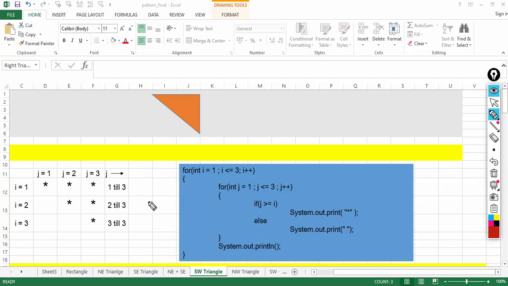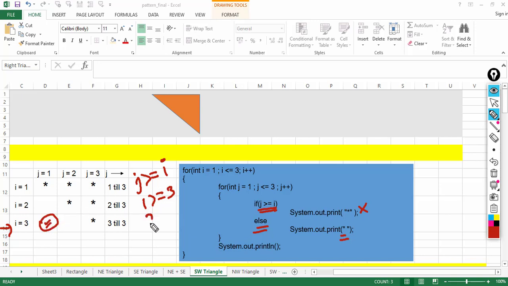Now let's come to the third line. I is equal to 3 here, so the condition is J greater or equal to I. The value of J here will be 1, so 1 greater or equal to 3 is false, so a star will not get printed, the else part will execute and a space gets printed.